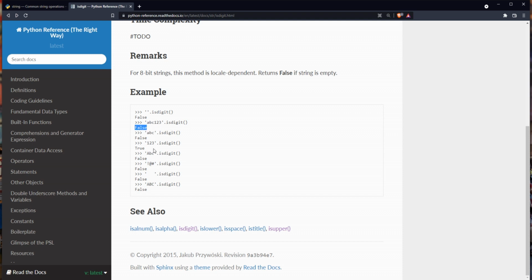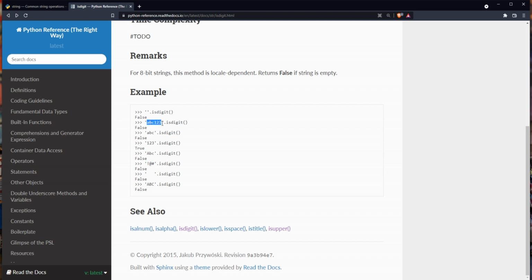But in our case, we have to check that if any one numeric character is present, then it's fine for us. So we would be using a for loop in that case, and with the help of any, we can see whether either condition is met or not.